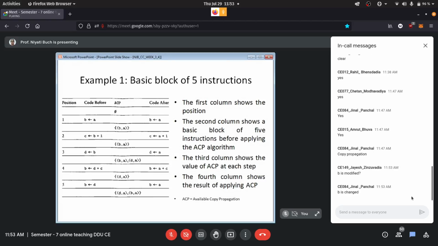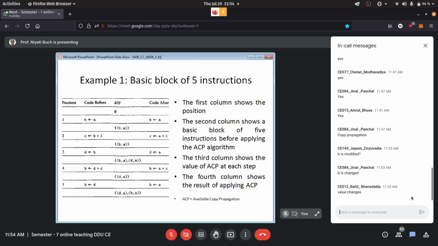Yes, correct. B gets changed, its value is changed. That is the reason we remove it from ACP, and that is why the name is given available copy propagation. In the previous algorithm, we were dealing with expressions and talking about available expressions.